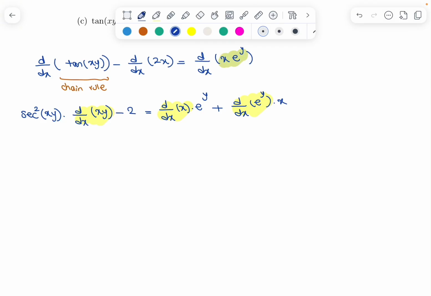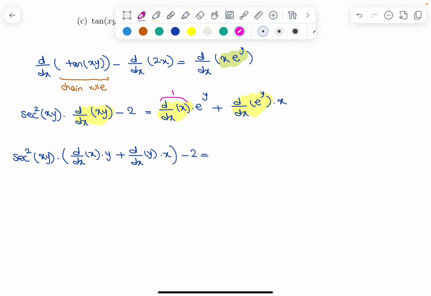To find the derivative of x times y with respect to x, you must use the product rule. So therefore, we will have secant squared of x times y times, by using the product rule, the derivative of x times y with respect to x, which would be the derivative of the first function with respect to x times the second function plus the derivative of the second function with respect to x times the first function, minus 2 is equal to the derivative of x with respect to x, which is 1, times e to the y plus,